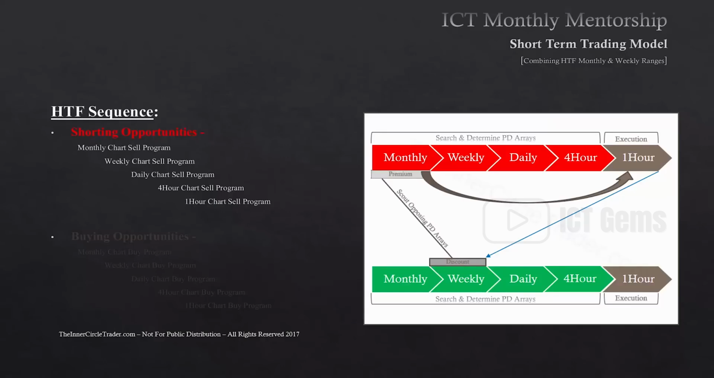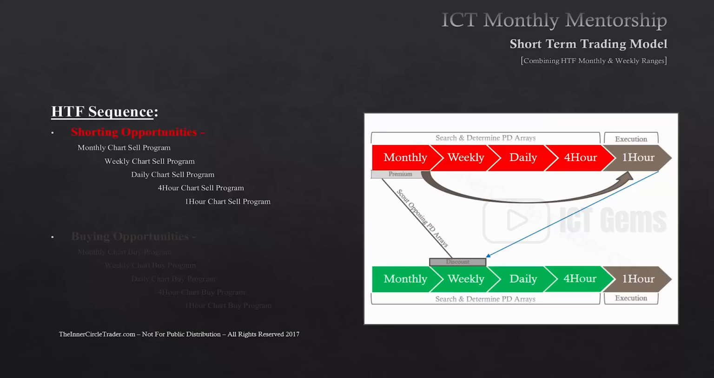You drop down to a weekly. What's the weekly premium arrays? There may be one it trades up to later on. Or a daily chart. It may trade up into a daily premium array or a 4-hour. One of those 4 time frames is going to give you a setup based on the fact that the monthly